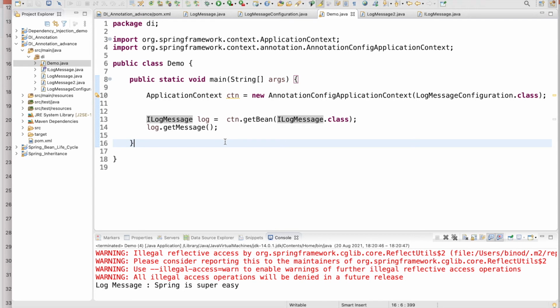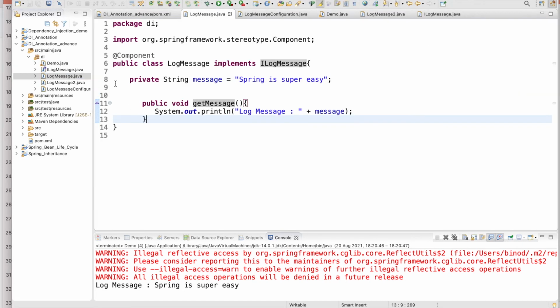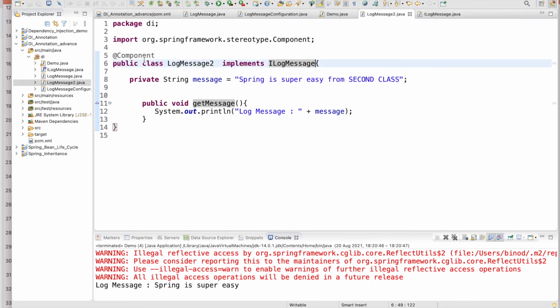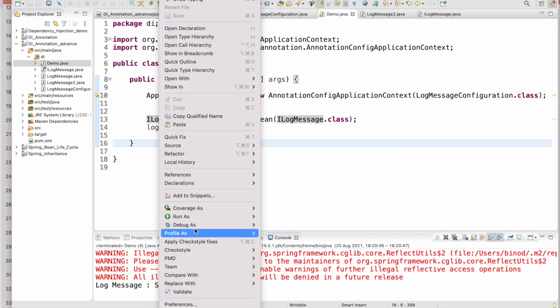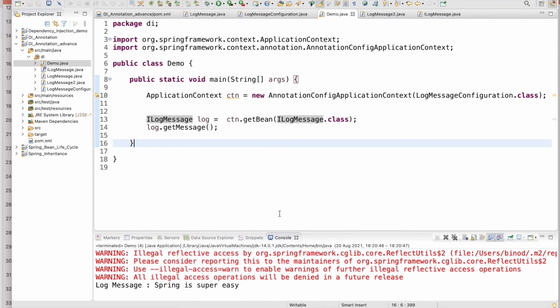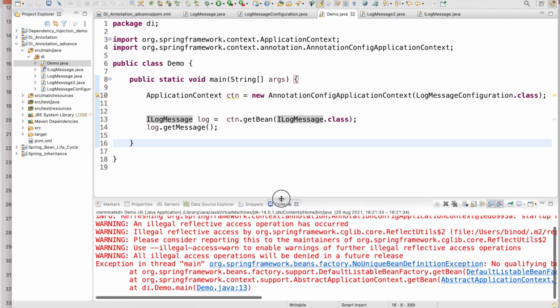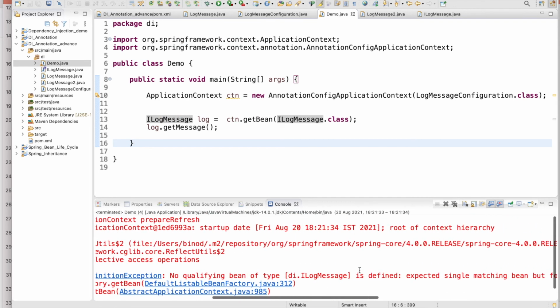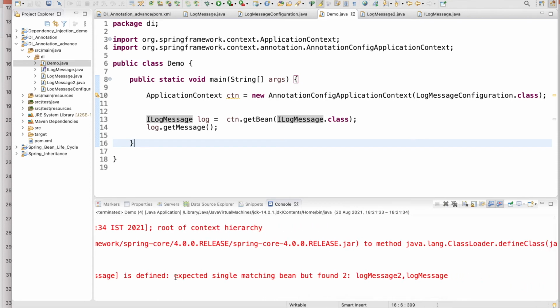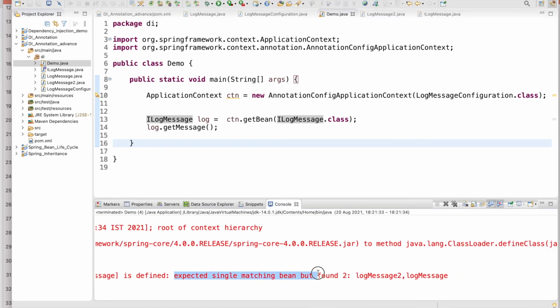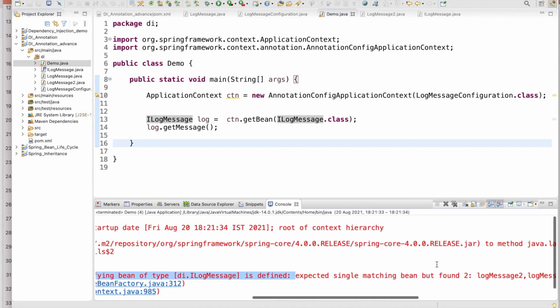Now it will be confused about which bean is being asked for, because both beans have the component annotation. This one also has the component, this one also has the component, right? So now you run the code and you see it will give you an error because it is confused. But the error is super easy, you can understand. It is saying I am expecting a single matching bean, but I found two beans, right?